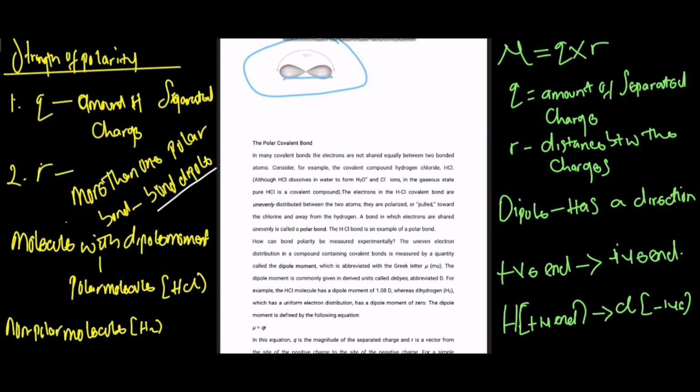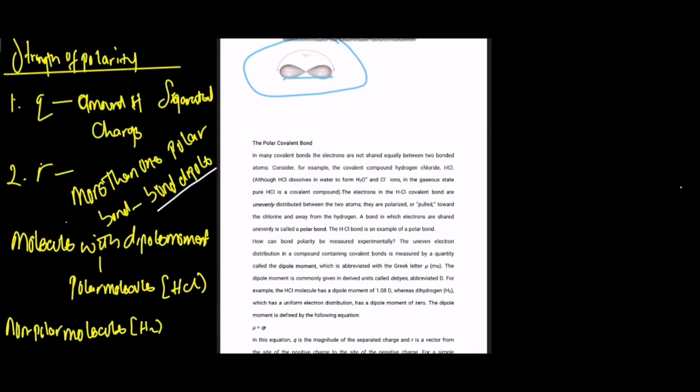Covalent bonds are generally considered polar if the difference in their electronegativity values between the atoms is about, let me wipe this board. In terms of electronegativity, a compound is considered to have a polar covalent bond if the difference in the electronegativity between the atoms